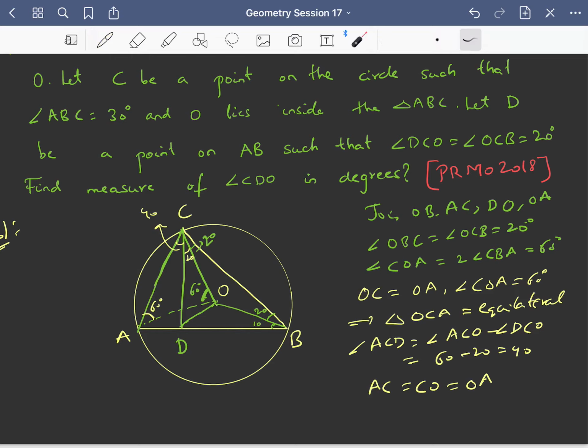Yes. So now next hint. The next hint is to try to prove that CD is equal to AC. This is hint 2. Okay. So pause the video, give this problem a try again, and try to prove that AC is equal to CD. This is what you need to do.